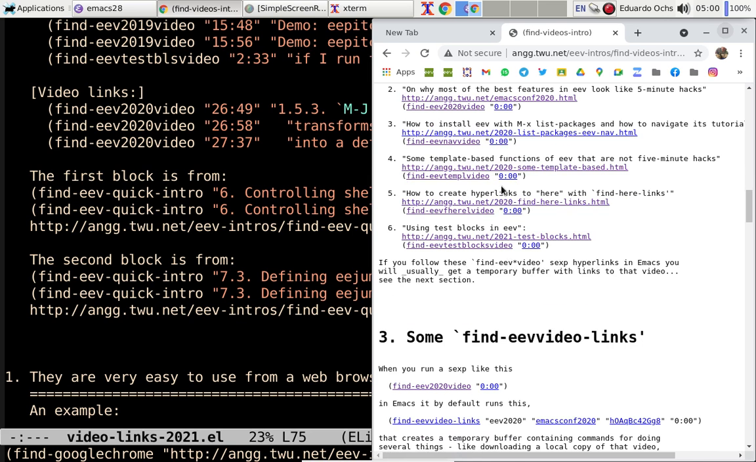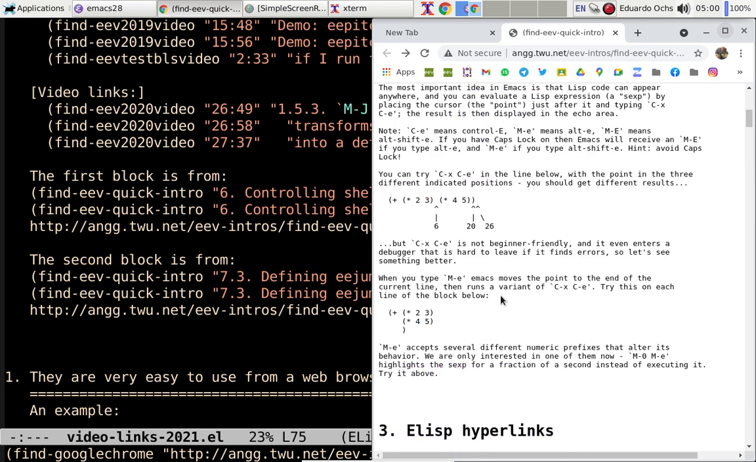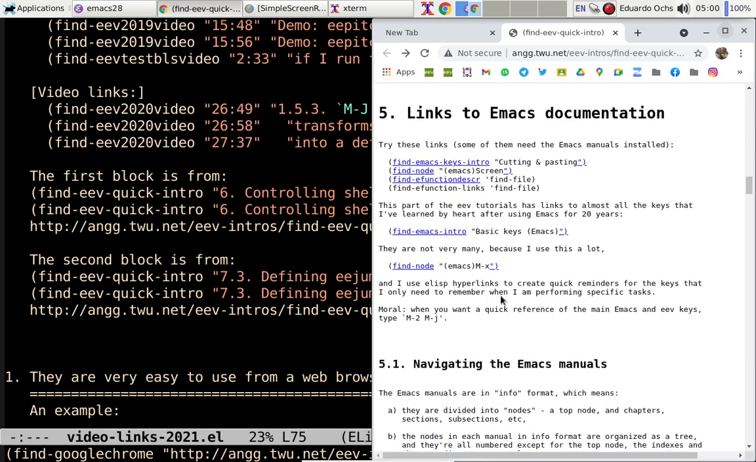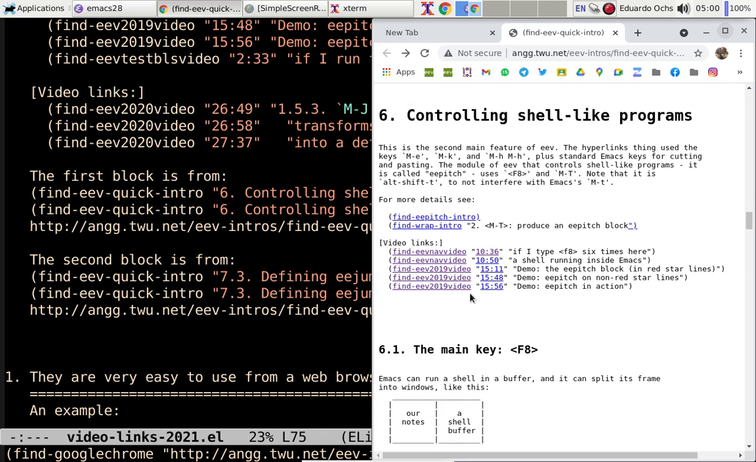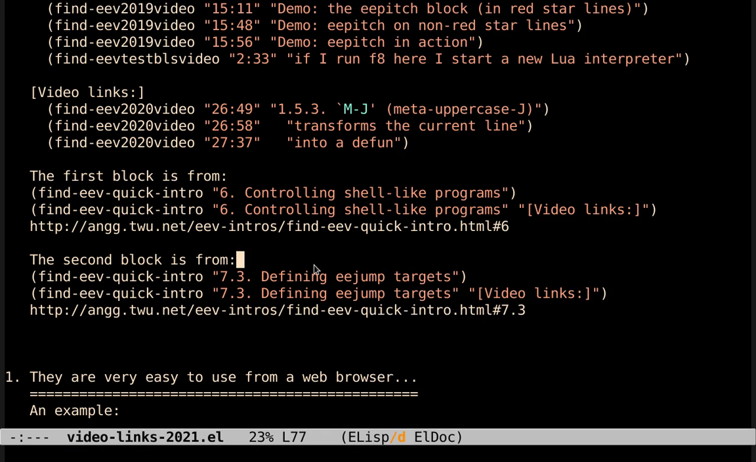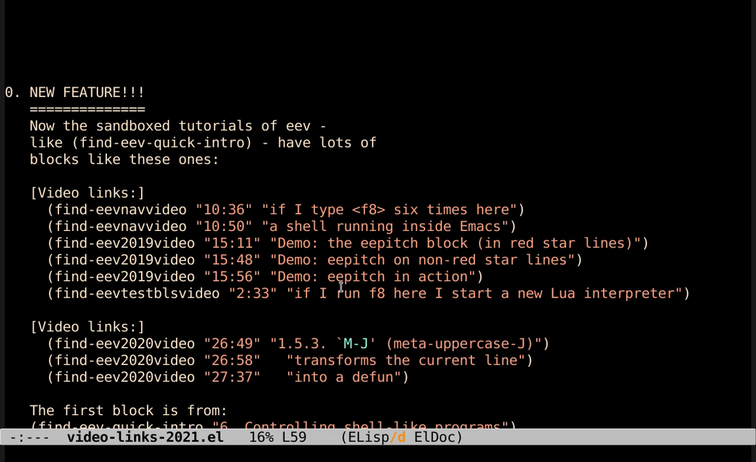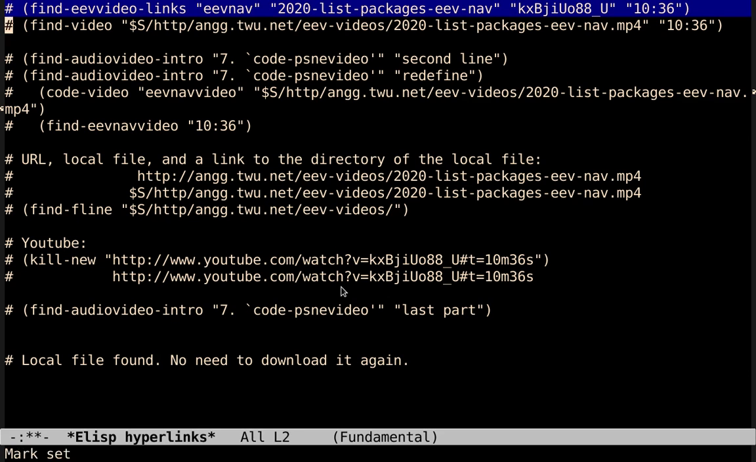So we have just learned how to follow these links in a browser. Let's now see how to follow them in Emacs. Let me go back to section 6 if I need to go back to this page afterwards. So here we have a copy of these blocks of video links, and let's see what happens if I execute this sexp here. If I execute it, I get a temporary buffer with a lot of information,